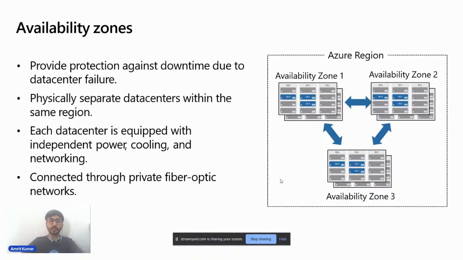Now, what are availability zones and Azure regions, especially? A single Azure region has three availability zones, right? To provide you tolerance from data failure, Azure stores your data in three availability zones. As you can see in this image, in availability zone 1 your data will be saved in 2 and 3. So you will have a higher rate of data tolerance. Even if one availability zone ruptures, you'll have the other two.